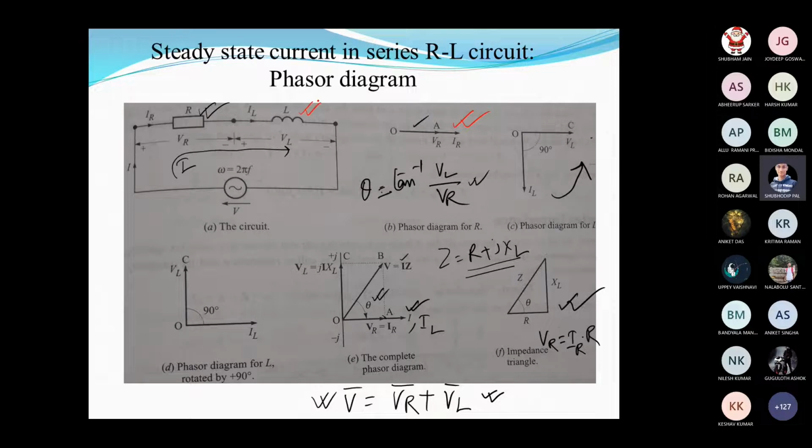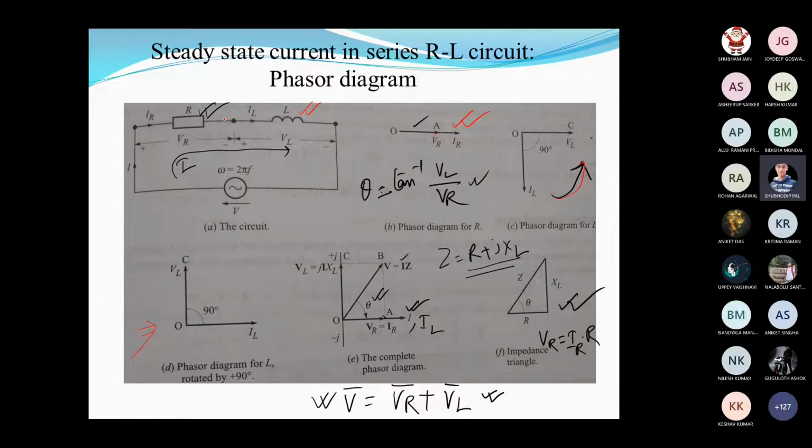But in case of an inductor, what is the phasor diagram representation? Say the VL, and the current is lagging by 90 degrees. So you can see this one. Now, because the same current is flowing in IR and IL, in order to point IR and IL in the same direction, if we rotate it by 90 degrees, then we will get this graph. Here also the current is lagging the voltage by 90 degrees. Now these two quantities, IR as well as IL, are the same.